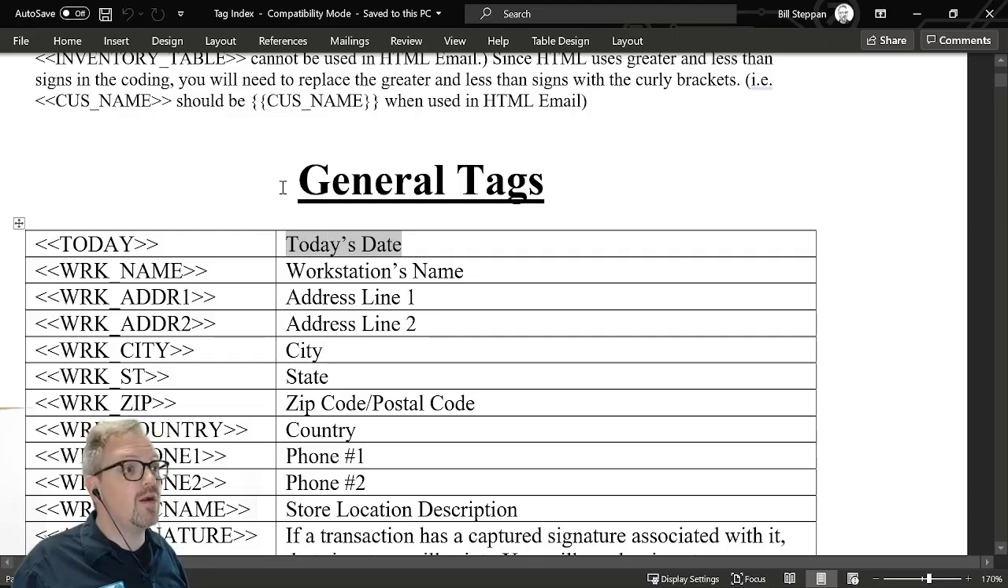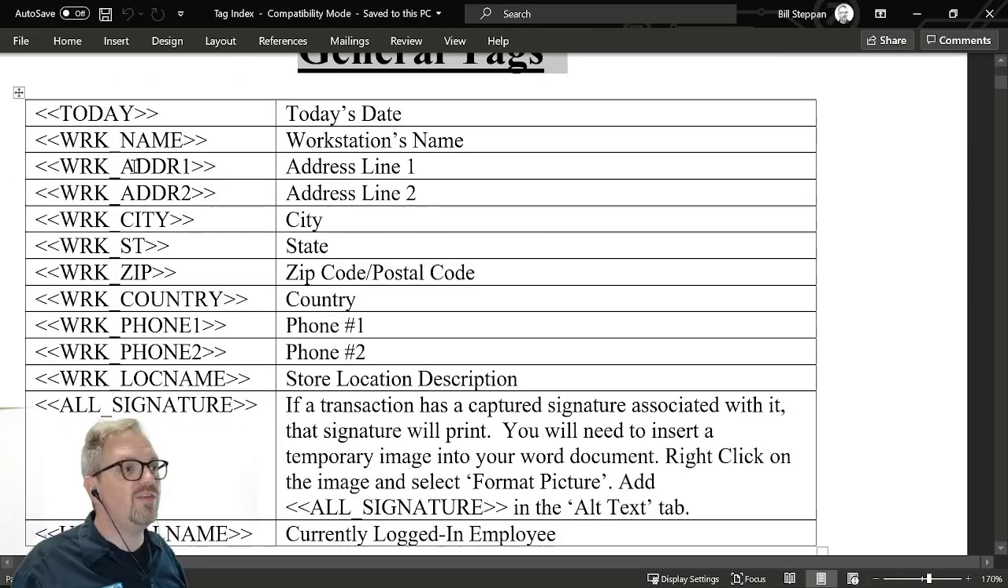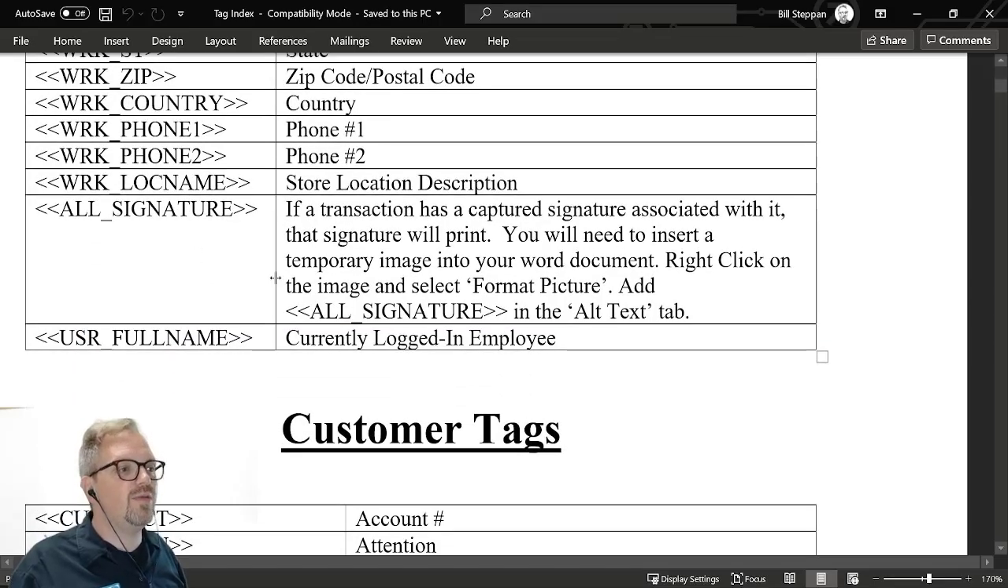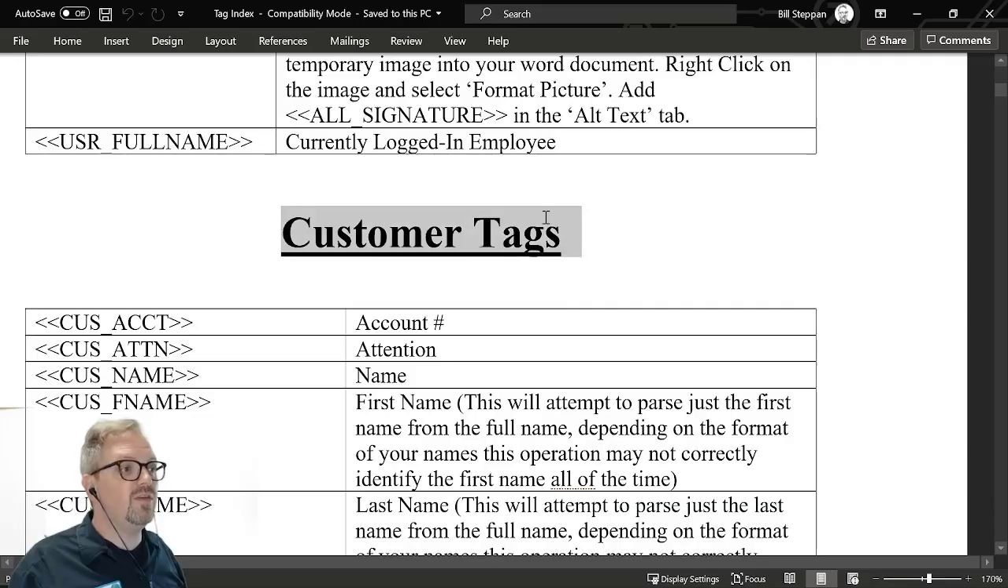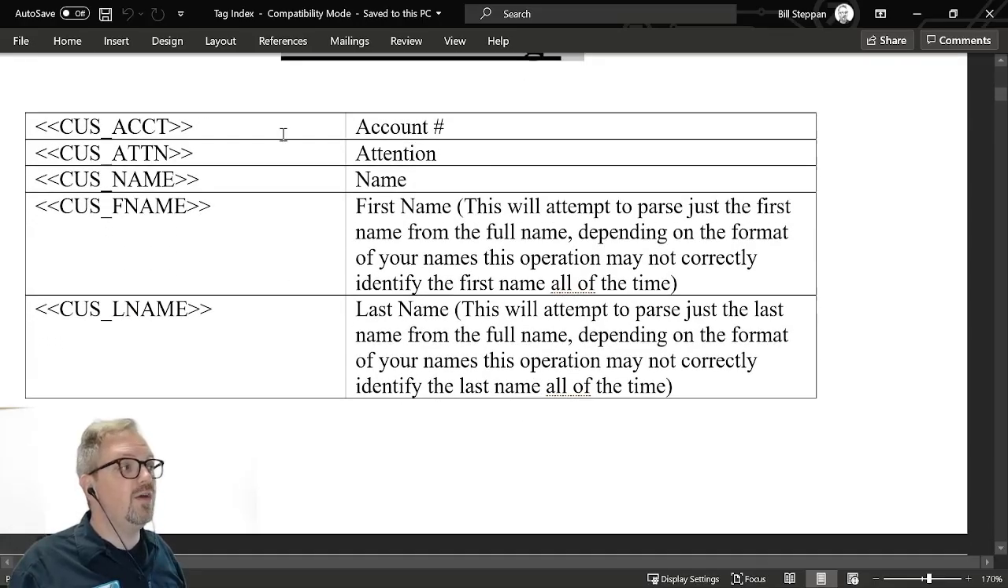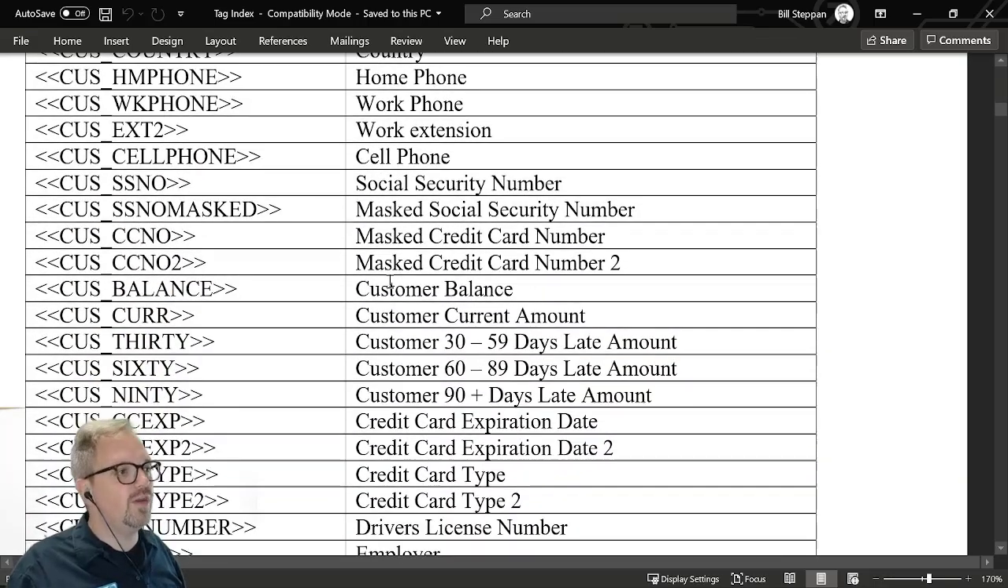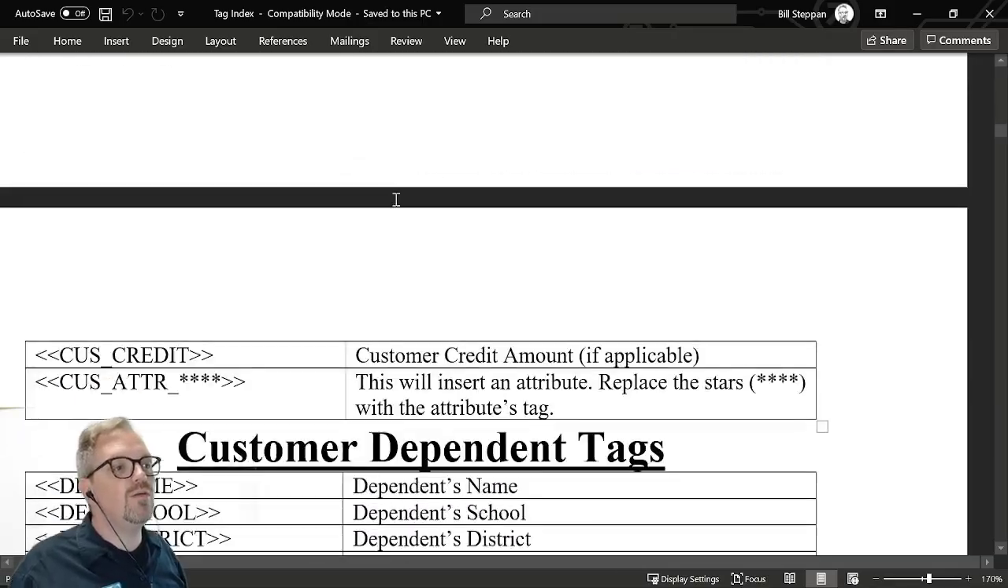There are a bunch of general tags. These are basically details regarding your business, the date of the day, all of these other things. There are also a series of customer tags. You can see these will let you pull in details like account information, name information, address, phone numbers, essentially anything that you want to pull in and display on your template. Further down,